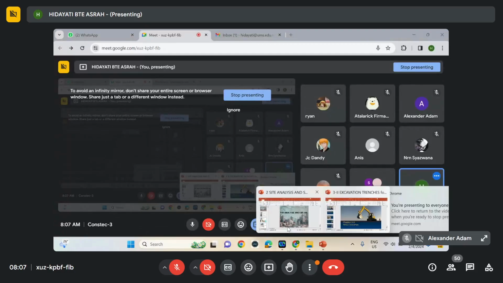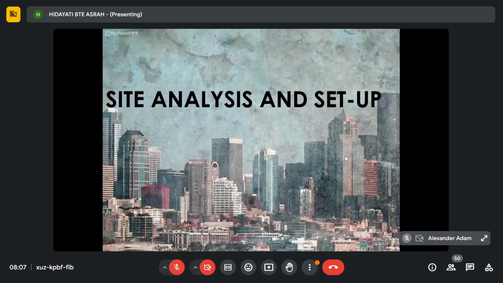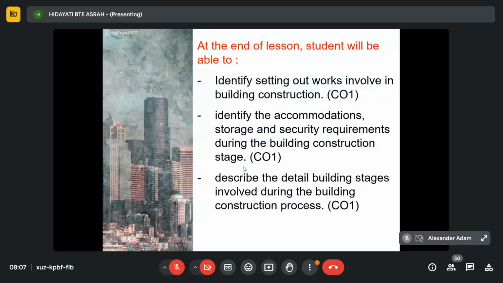By the end of this lesson, I expect all students will be able to identify what the setting out works are, for example site clearing, what method is used in setting out of the site, and also be able to establish the datum level of the site, and explain how to establish a datum level of the site. And the second one,